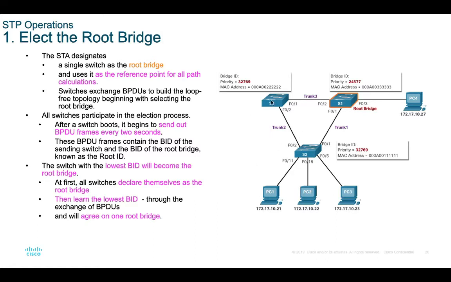So when a switch receives a BPDU from another switch, it will compare the BPDUs. It will compare their priority. Is it correct that I'm the root bridge, or is their claim correct? So if switch 3 receives a BPDU from switch 2 first, switch 3 will say, oh, switch 2 is the root bridge because it has a lower bridge ID compared to mine. So switch 3 will update the info. Okay, now the root bridge is switch 2. And switch 3 will send out the BPDU with the new info inside.